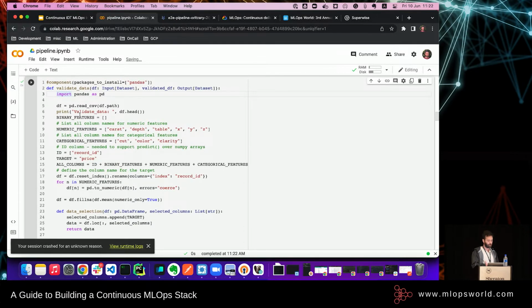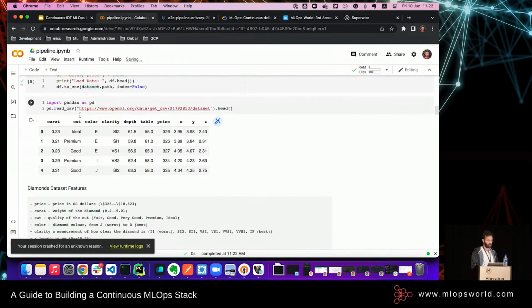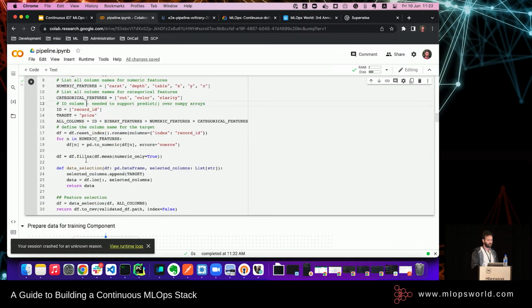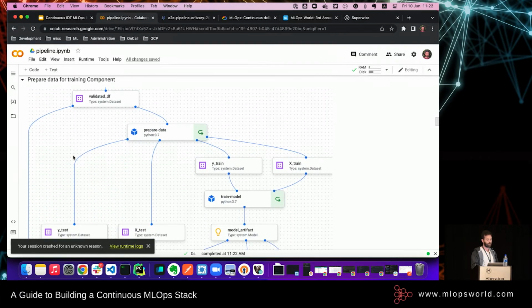And I'm not going to go over the code because I think, again, it doesn't really matter to any of us. We have used here very simple techniques of cleaning the data and making sure we have no nulls in here. Great. Now we're going to move on to the next stage.